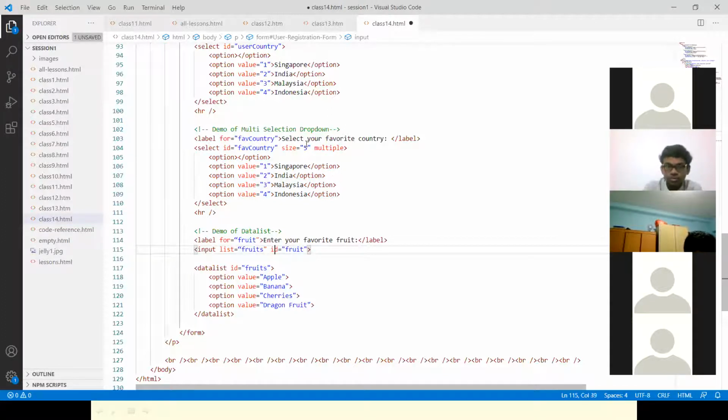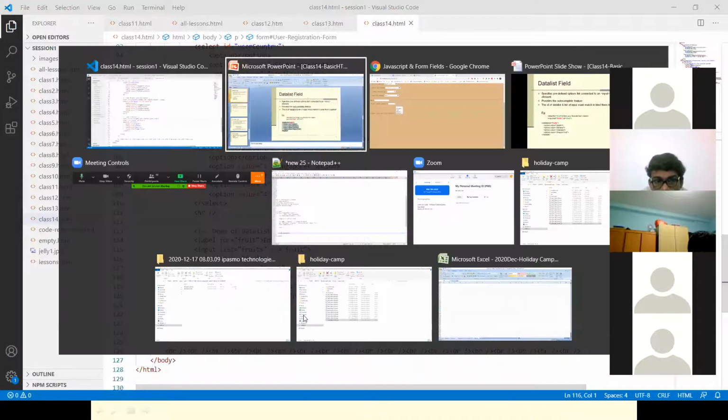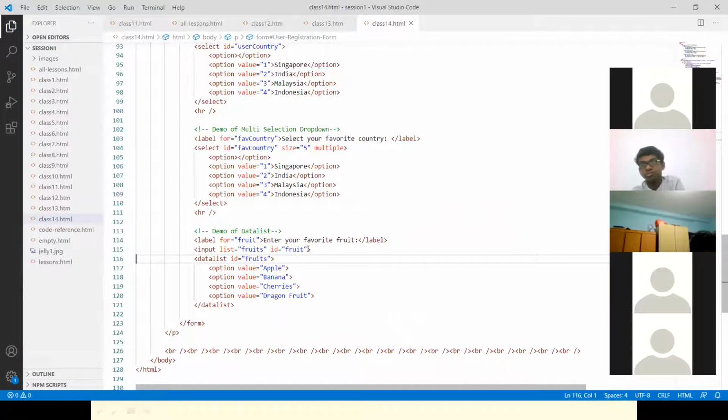So for troubleshooting the issues, we should act precisely. Fine. Now I don't see any errors, at least. Now let's check it on the browser, how it looks. I'm going to save this and refresh. Oh yeah, see, it didn't appear. There are no elements. Yeah, we have these fruits, right? So fruit is there, and this data list fruits and this fruits are matching.